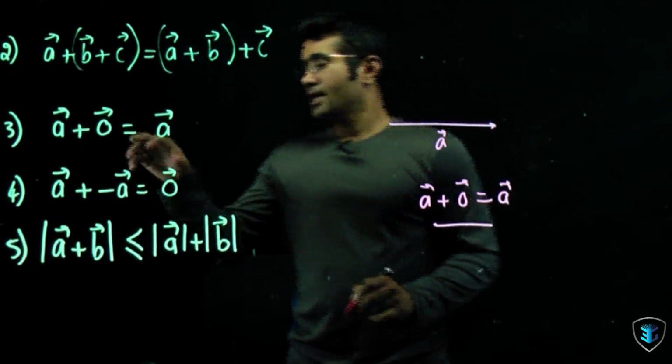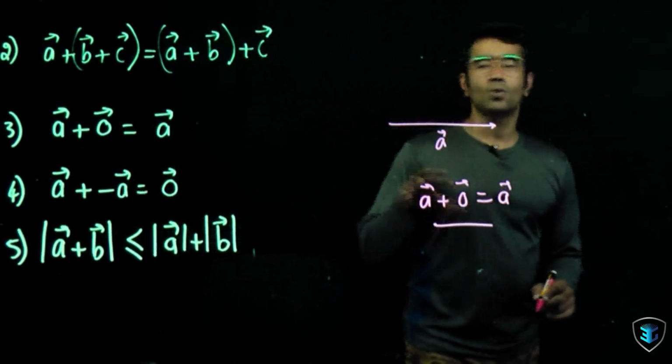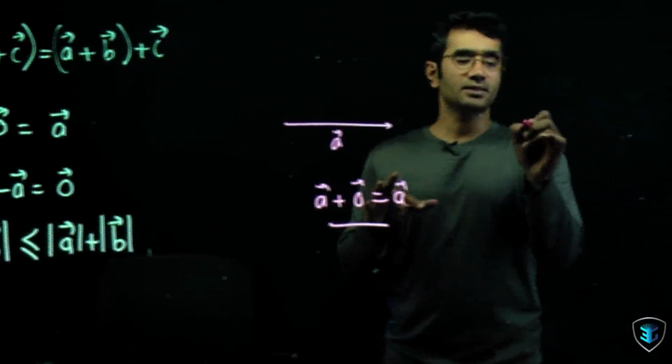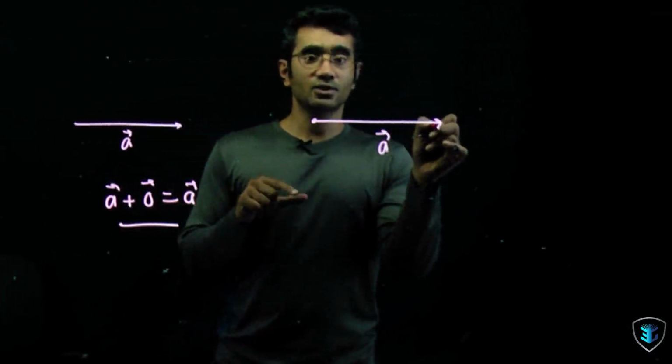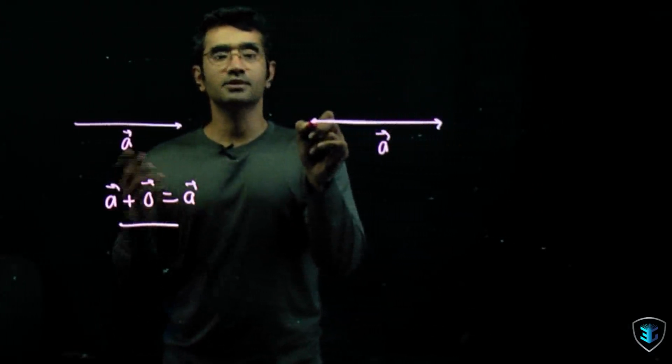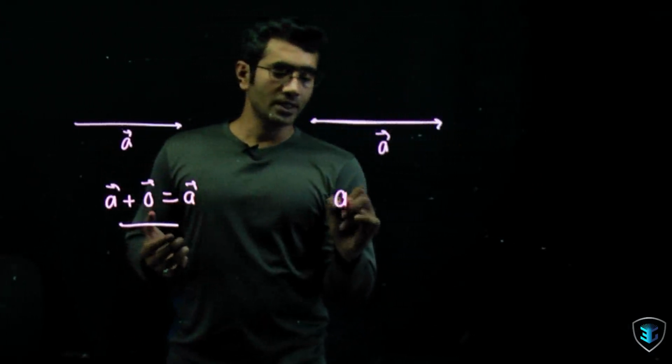So that's pretty easy. Now, what exactly is the fourth one? It says vector A plus negative A. It means I start walking from here. I go to this point. That's vector A for me. And I stop. Again, I come back to the same place. So where do we go? Nowhere. So it means vector A plus